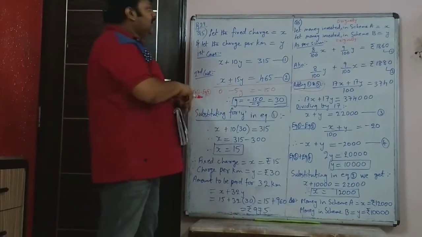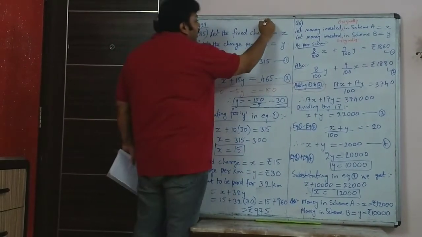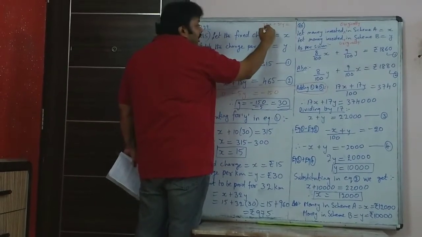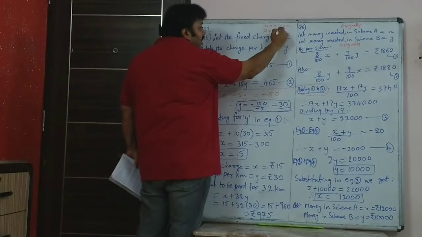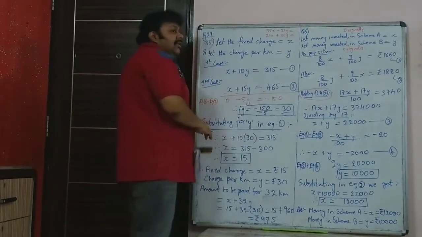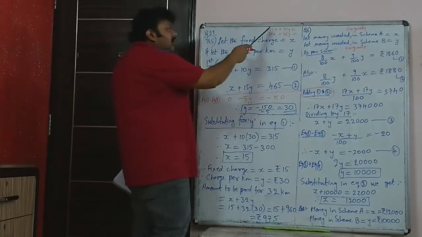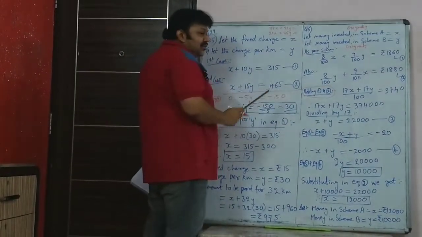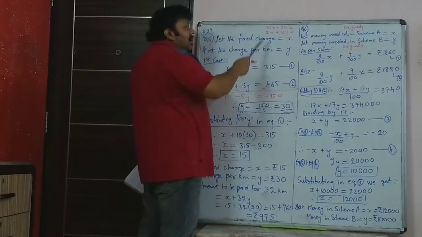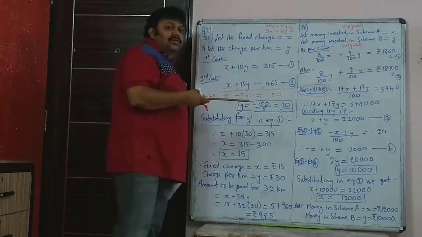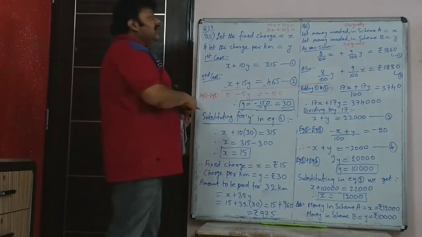Like if you have sums like 35x plus 21y is equal to something, and then you change it and 21x plus 35y is equal to something, then the method for this is you add the two equations first and get a simple equation x plus y is equal to something, and then you do the minus and then you get x minus y is something. That's the form of equation that you get.